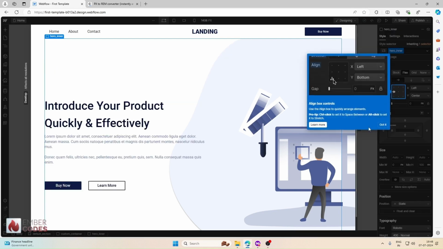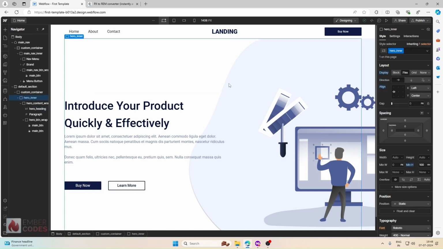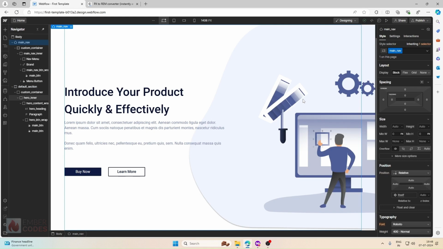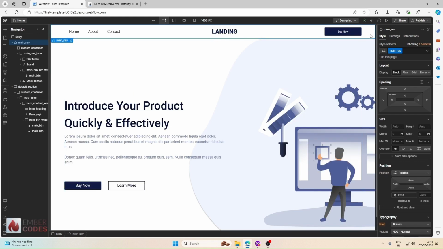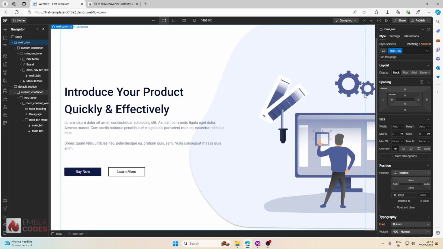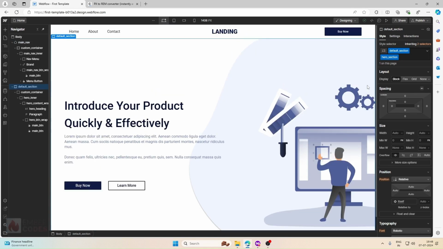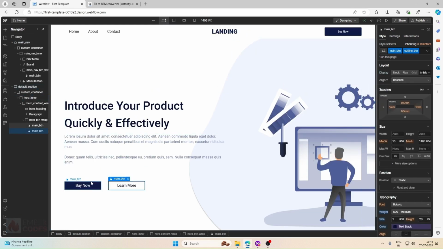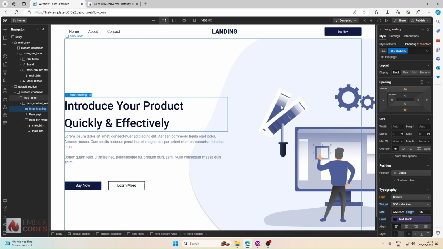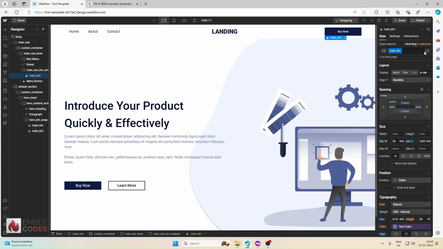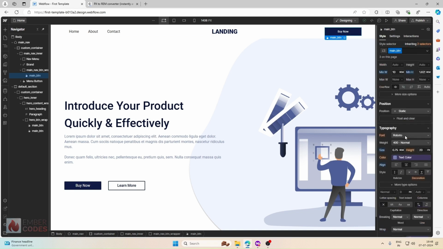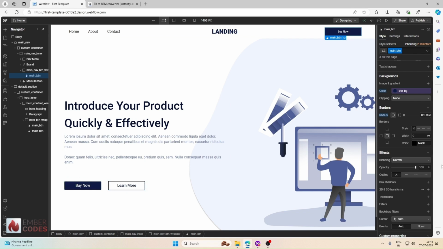Now what I will do is give flex to the hero inner and make it align items center. With this, you will see it will automatically be at the center in the hero section. Okay, so the buttons are placed, and I will quickly give a hover effect to them